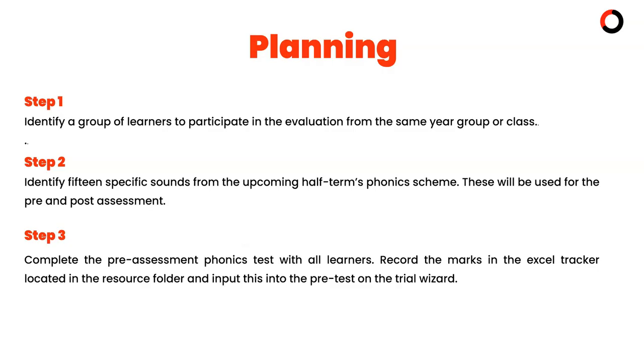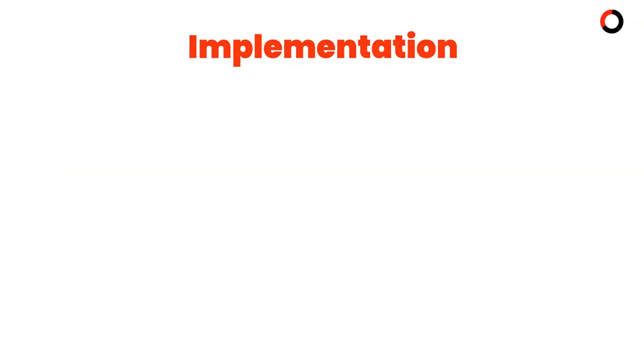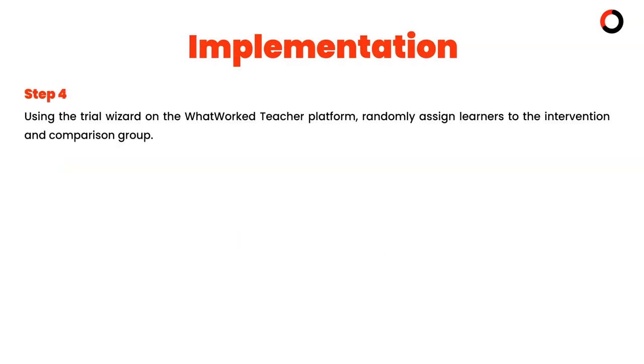Step 3, complete the pre-assessment phonics test with all learners. Record the marks in the Excel tracker located in the resource folder and input this into the pre-test on the trial wizard. Step 4, using the trial wizard on the What Works Teaches platform, it will randomly allocate learners to the intervention